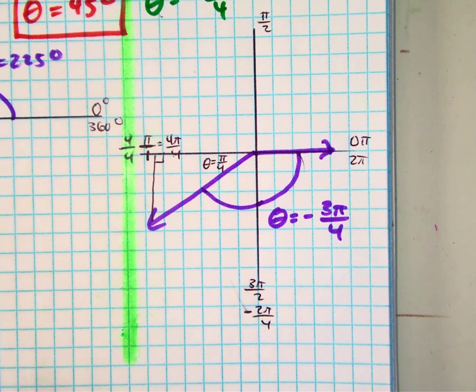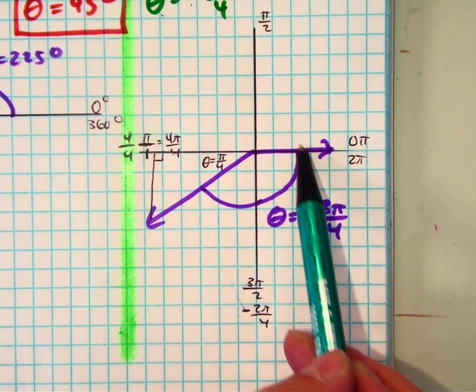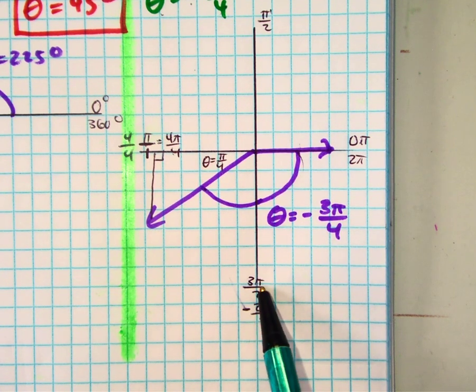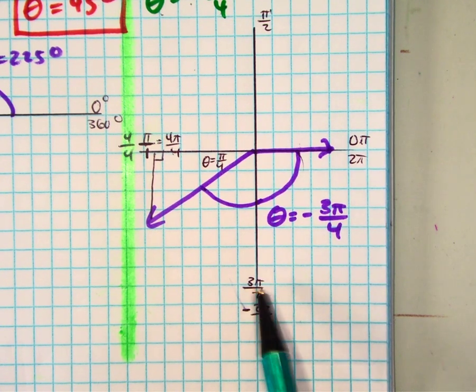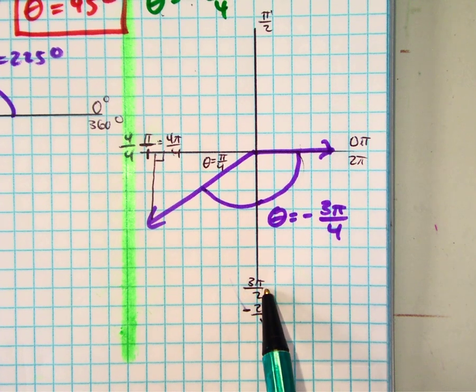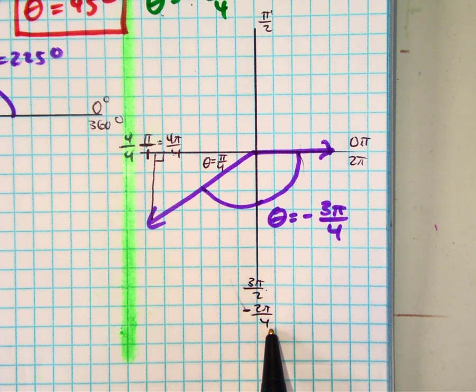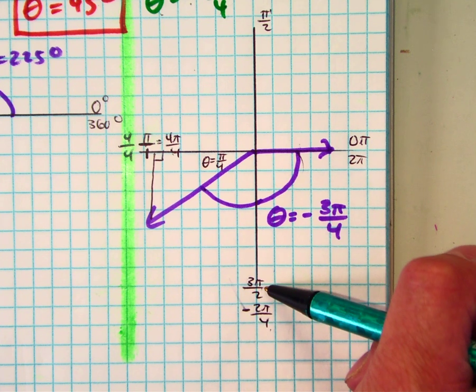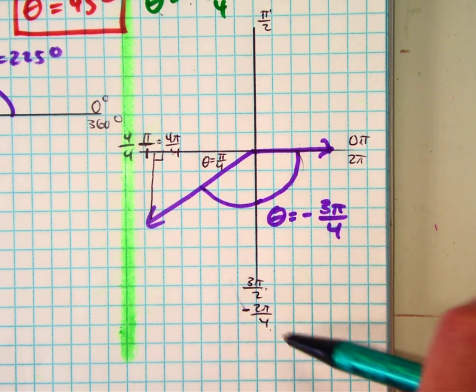So let's practice again. It's a negative. I'm going in this direction. Although positive, we said that this is 3 pi over 2. If you subtracted a full rotation, you would get this. Why? Because they're in the same position. Those are coterminal angles. Do you see how you can just subtract 4 pi over 2 and you'll get negative